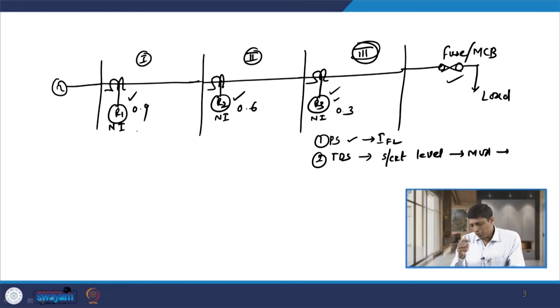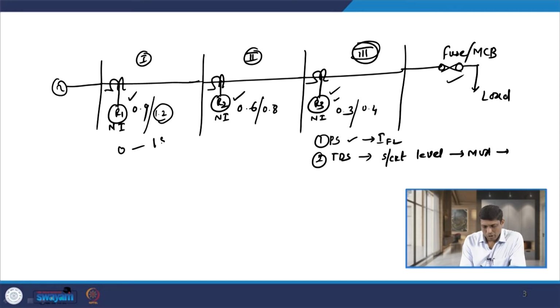Now, due to some change in the network, suppose I need to change the TDS of relay R3 to 0.4. Obviously the TDS of R2 also changes, let us say it becomes 0.8, and similarly the TDS of R1 also changes and becomes, let us say, 1.2. But 1.2 is not possible because the range of TDS is only from 0 to 1 second.